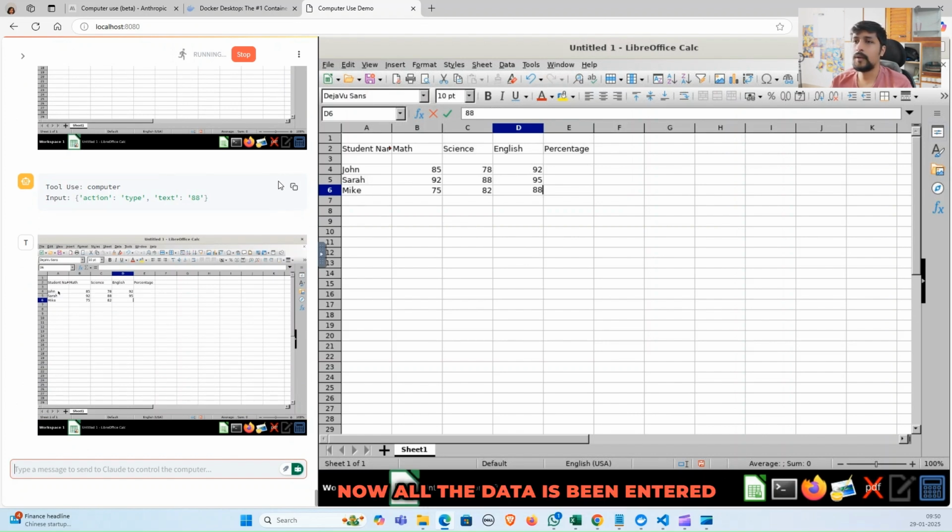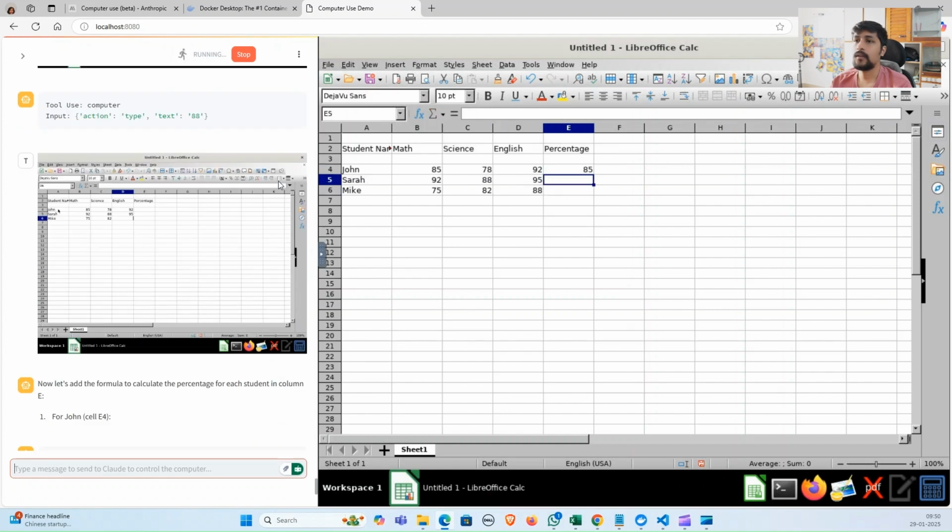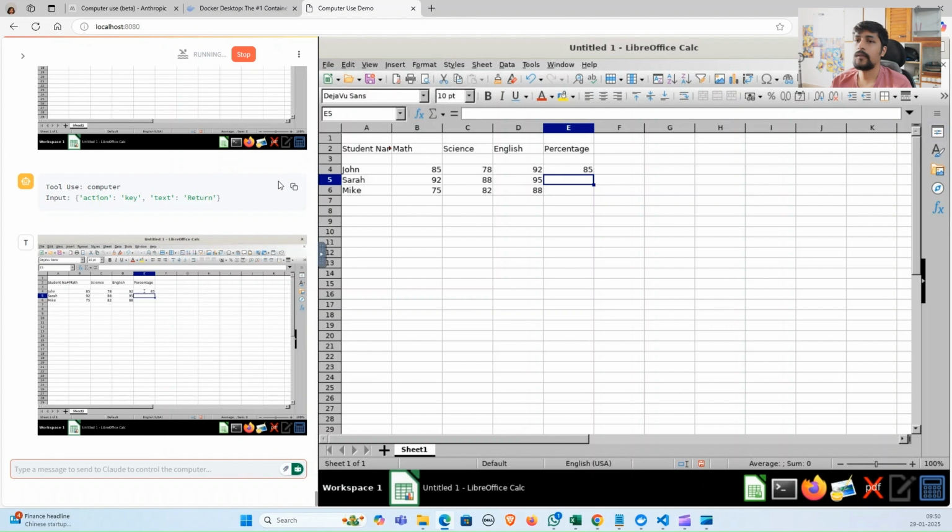Now all the data has been entered, all the three students' data is entered. Now it will try to calculate the percentage. Maybe at the end we will see if it has applied any formula or something. Oh yeah, it is trying to apply